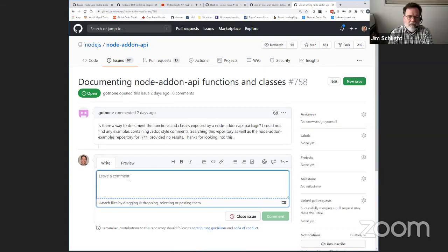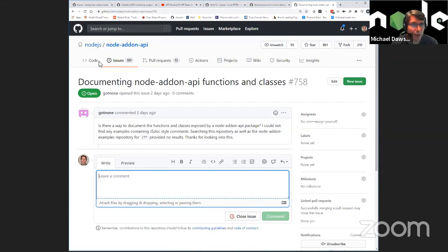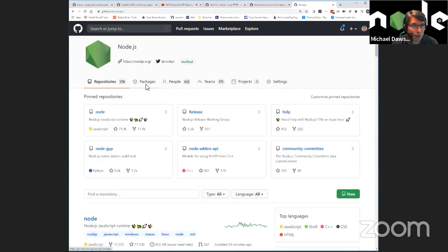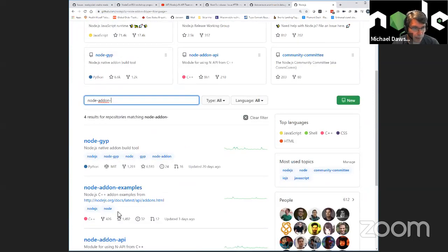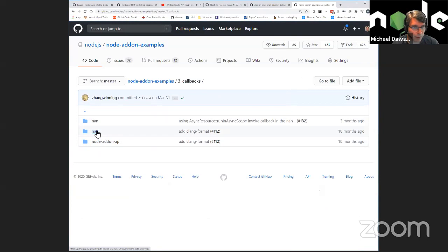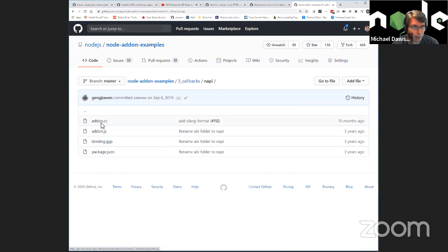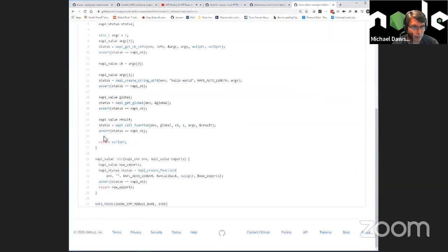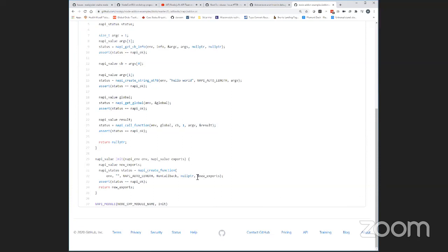And I suppose if we look at one of the examples, we just took one. Exports, okay.